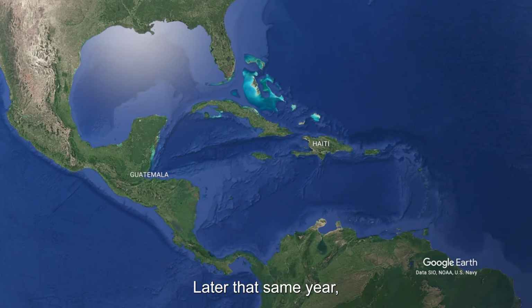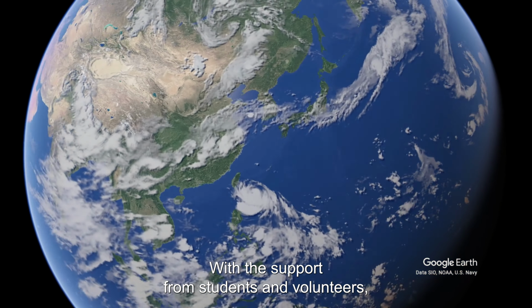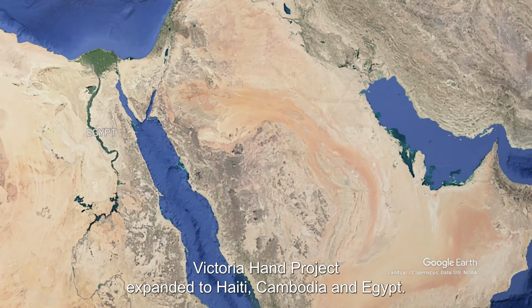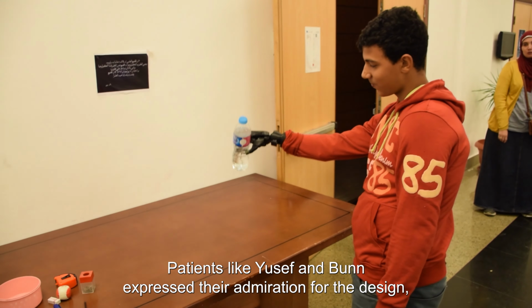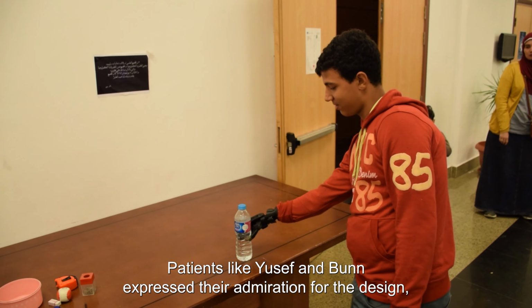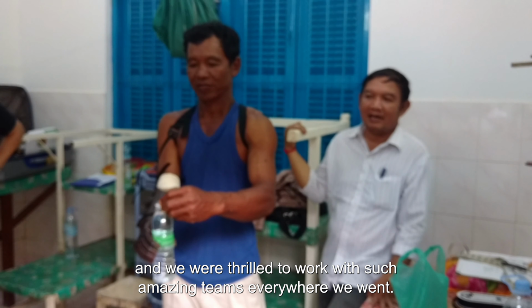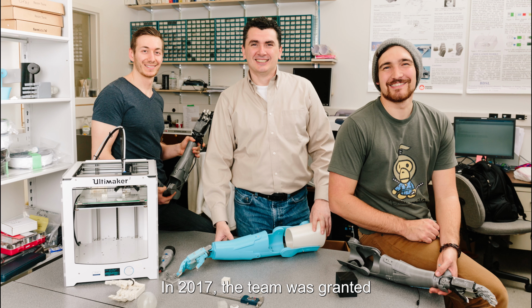Later that same year, the team made leaps and bounds of progress. With the support from students and volunteers, Victoria Hand Project expanded to Haiti, Cambodia, and Egypt. Patients like Yusuf and Bun expressed their admiration for the design, and we were thrilled to work with such amazing teams everywhere we went. In 2017, the team was granted